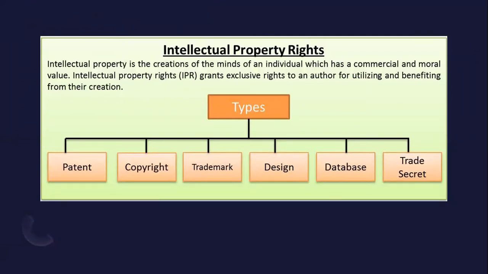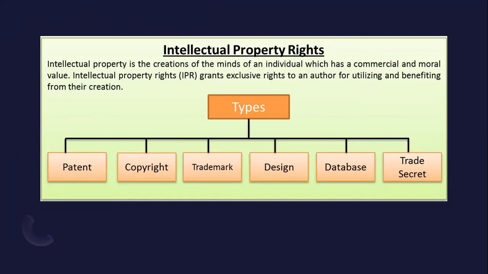Intellectual property right. Any piece of information that is produced or created with a lot of effort generally consumes a lot of time. The cost factor is also involved when you are creating or producing information. But once it's produced, duplicating it or sharing it with others is very easy. This makes information very difficult to safeguard, unlike other tangible properties.